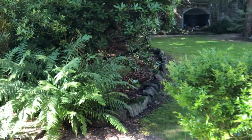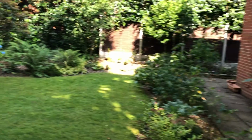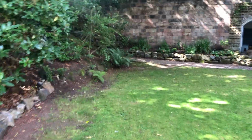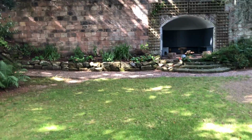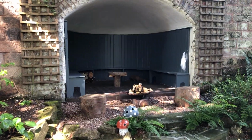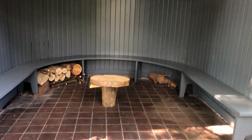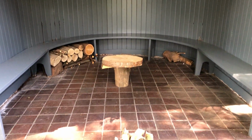So outside again at the front of the annex, I'm going to do a little walk around this beautiful garden. Stunning trees overhanging everywhere, rhododendrons, hydrangeas, to mention just a few. And as we walk to the bottom of this garden, or rather the front, right at the front of this garden, you can see this fabulous, very old wall, and built into this lovely wall is this lovely little hideaway area to sit with friends